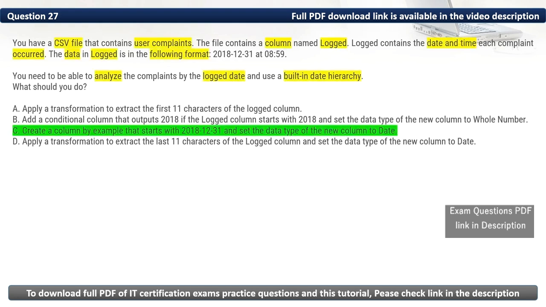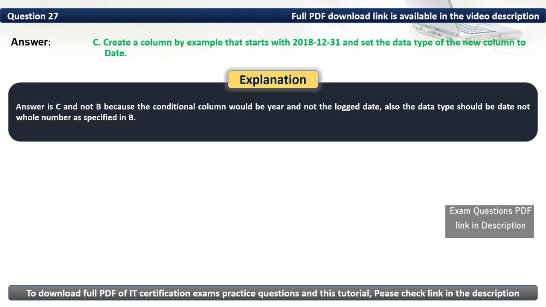This is the same question that has appeared previously, however, with a different correct option, that is C. Answer is C and not B because the conditional column would be year and not the logged date. Also, the data type should be date, not whole number, as specified in B.